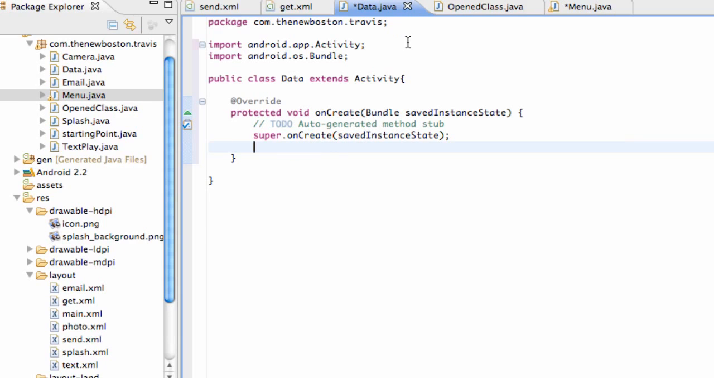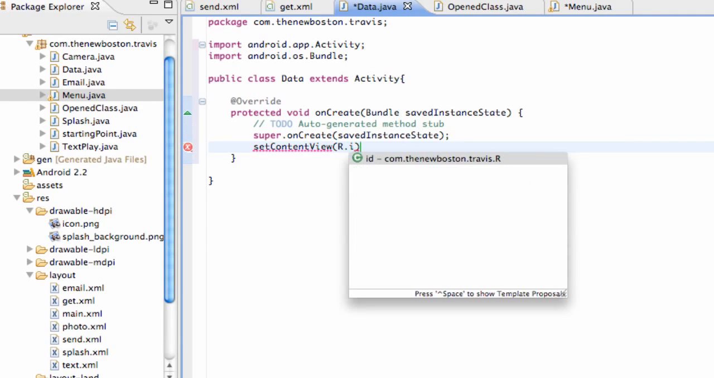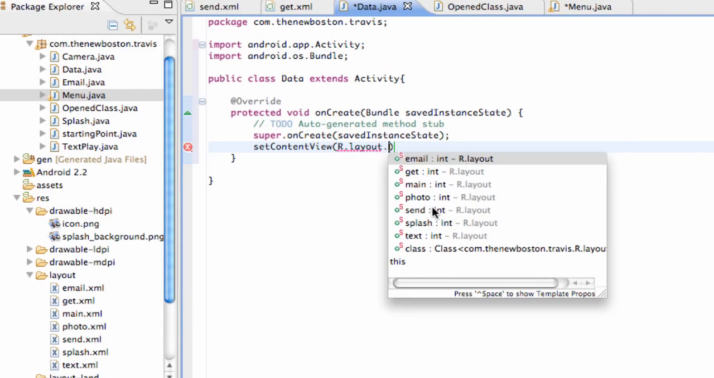Don't worry about our, oh hold on, actually I'm going to say setContentView. Sorry, I'm kind of spazzing out here with deciding if I want to show you guys everything or not. But we're just going to set the content view to the layout, but I want you guys to get this set up properly. For our data class, we're going to set that up to